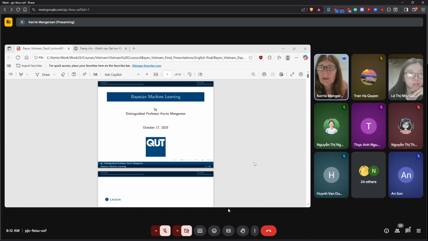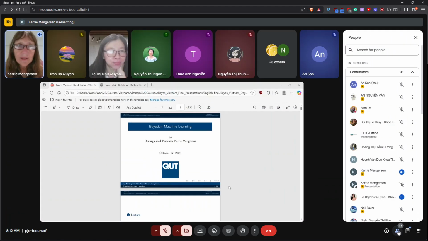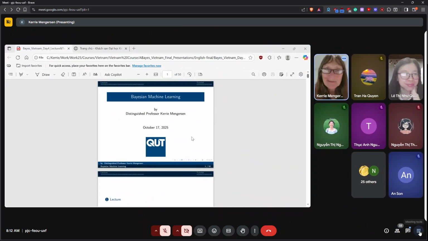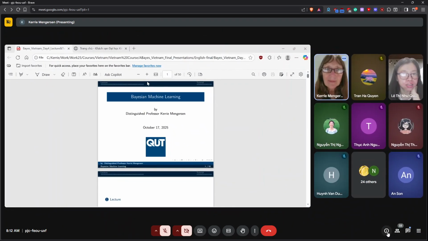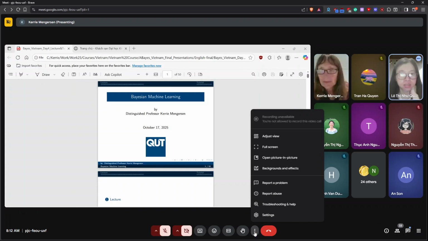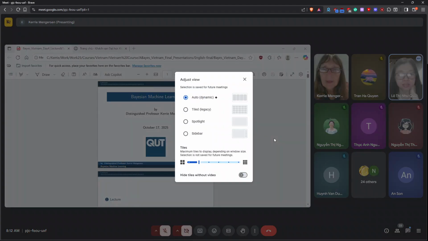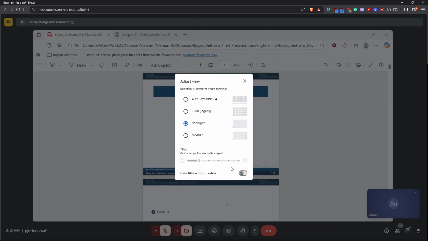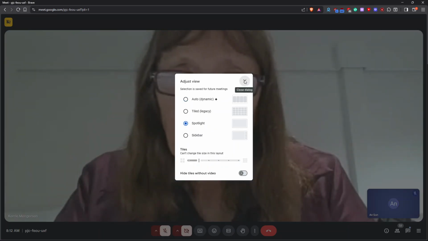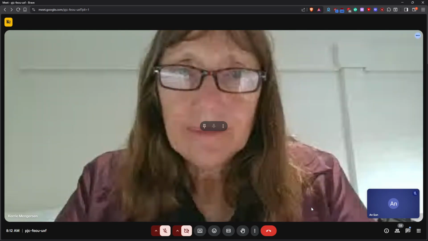Maybe we'll just go with this, and can you all see the screen well enough? Yes. Let me see if we can move it along. I don't think I can move it. Ah, how frustrating. I can't seem to move it inside the thing. Let me try again and see.